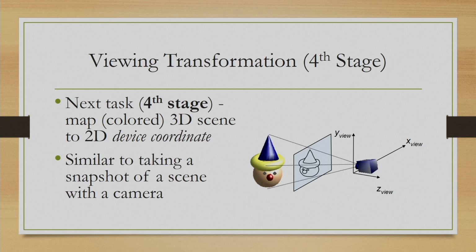Now, till this point everything we were doing was in a 3D setting in the world coordinate system. Now, when we get to see an image, the computer screen is 2D. So, essentially what we require is a mapping from this 3D world coordinate scene to the 2D computer screen. That mapping is done in the fourth stage, that is viewing transformation.